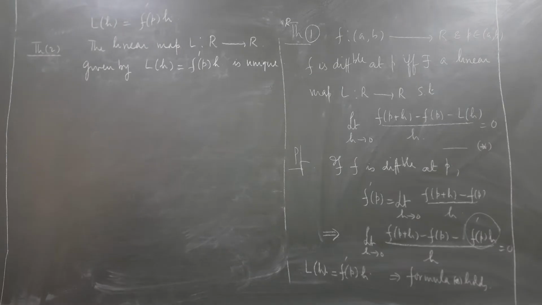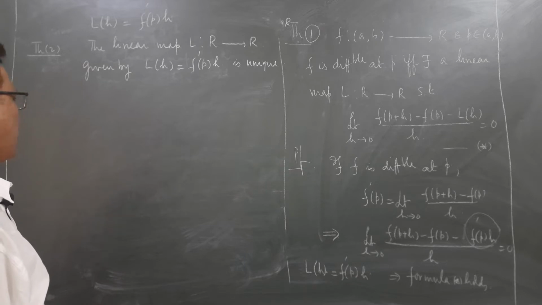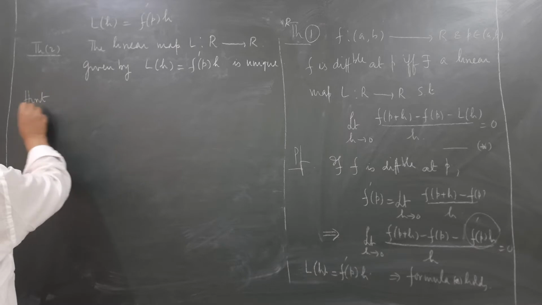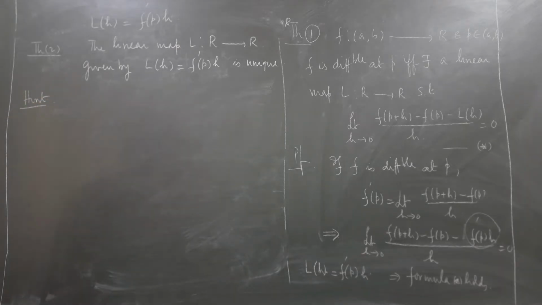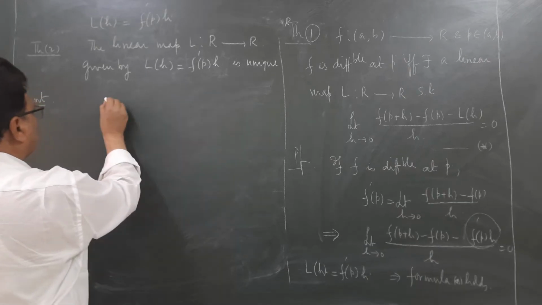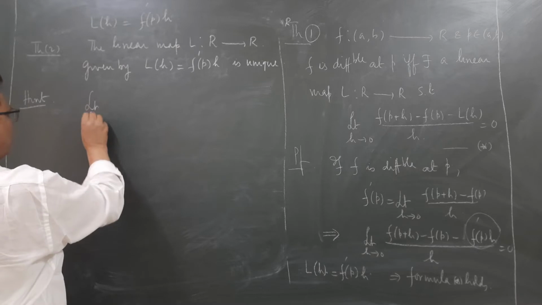I am assuming that we are given a function f, then this linear map exists if it is differentiable. Now one can easily show that this is in fact unique. I will just give you a hint of the proof of this theorem. Suppose there are two linear maps which satisfy formula star. So if L1 and L2 are two linear maps satisfying formula star,